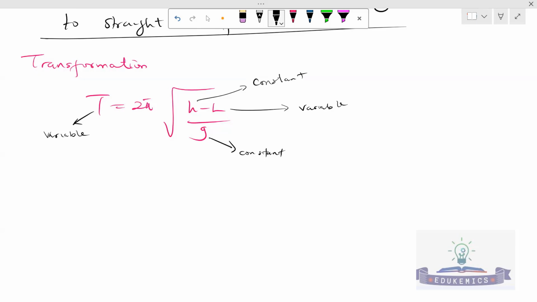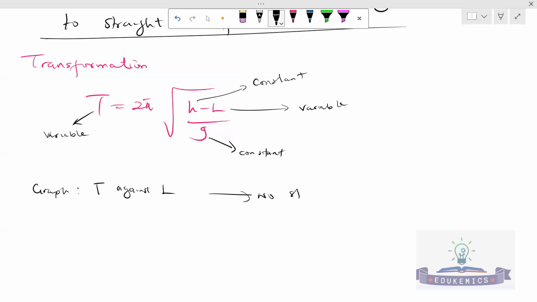Let's say we are plotting a graph of T against L. It will not give us a straight line, it will give a curve,